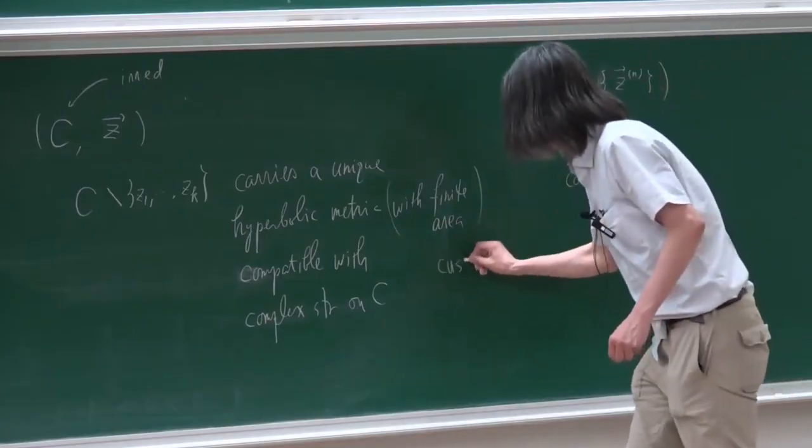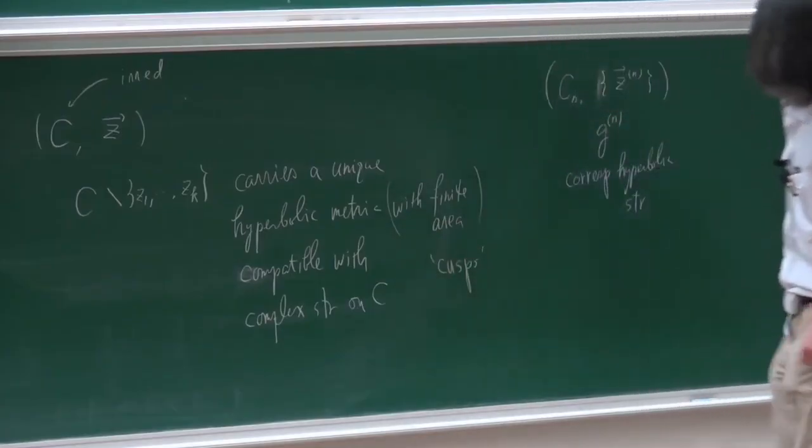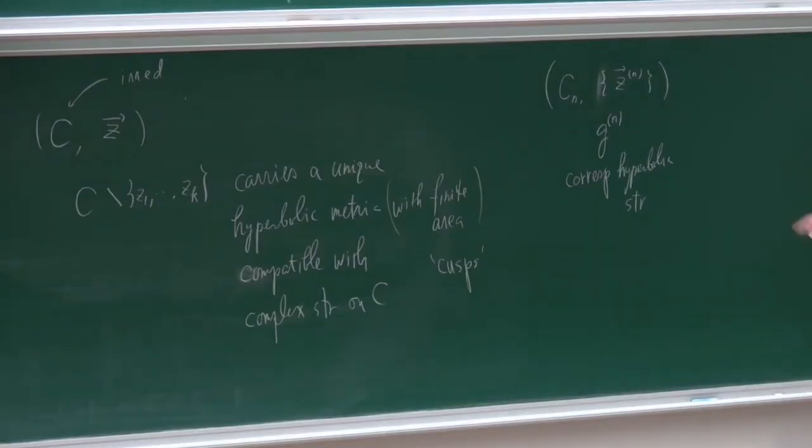And so then what we can say is that either it has a limit like C infinity and Z infinity, which is actually a certain hyperbolic structure with cusps,